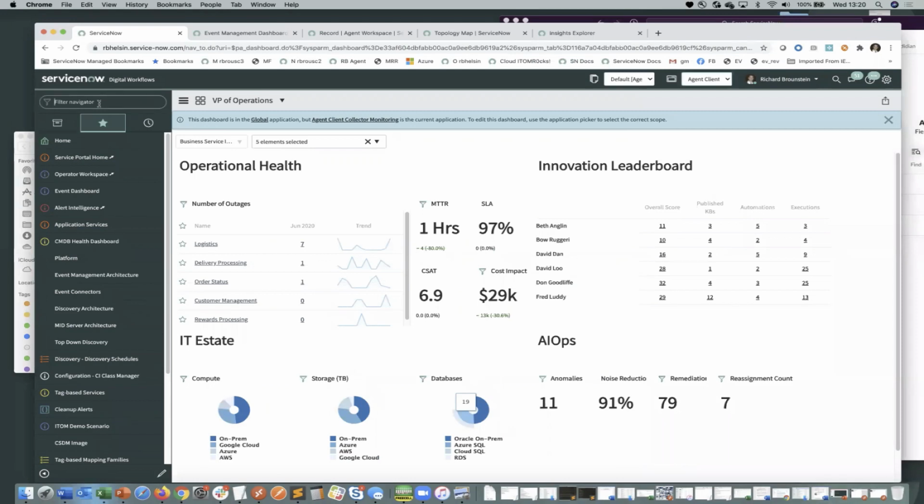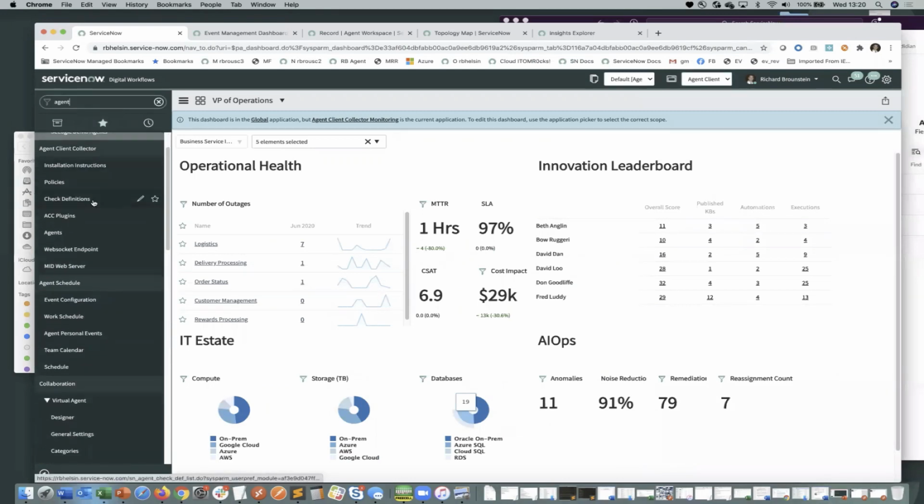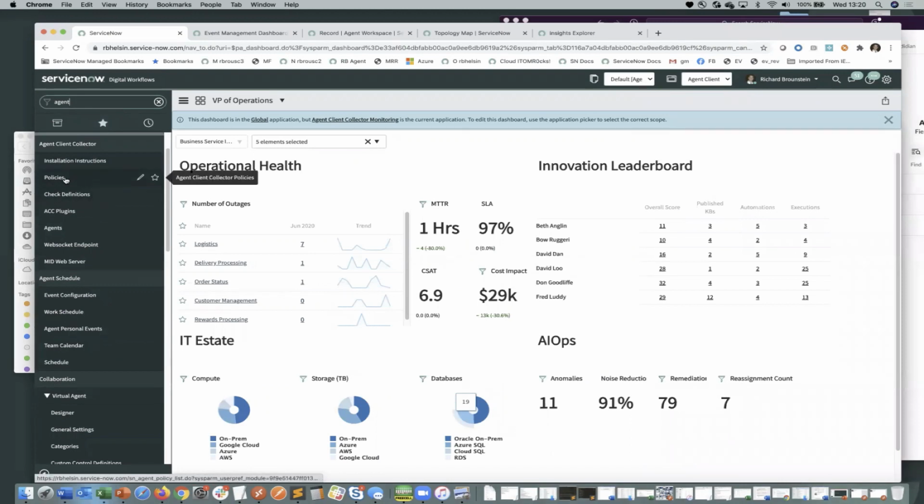If I go into my navigator, I could type agent, and I could see under the Agent Client Collector all the things I need. So policies, check definitions, the different plugins, the agents. I can see my MID servers. My MID servers are configured to run operational intelligence,